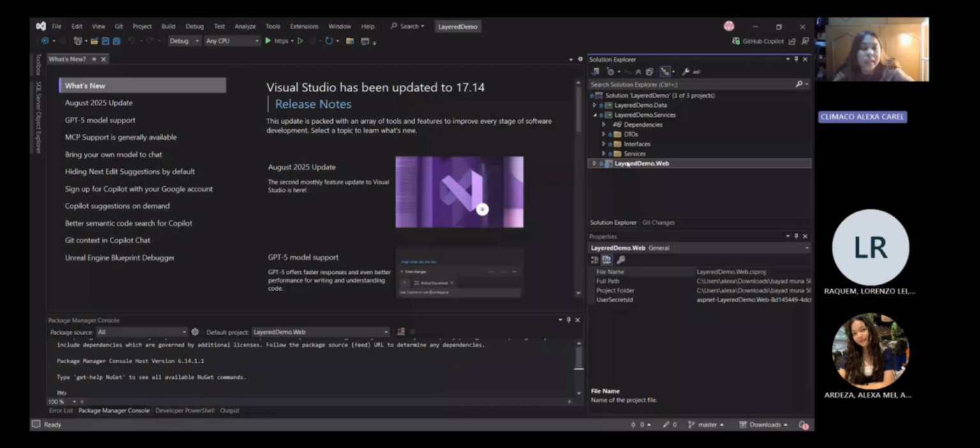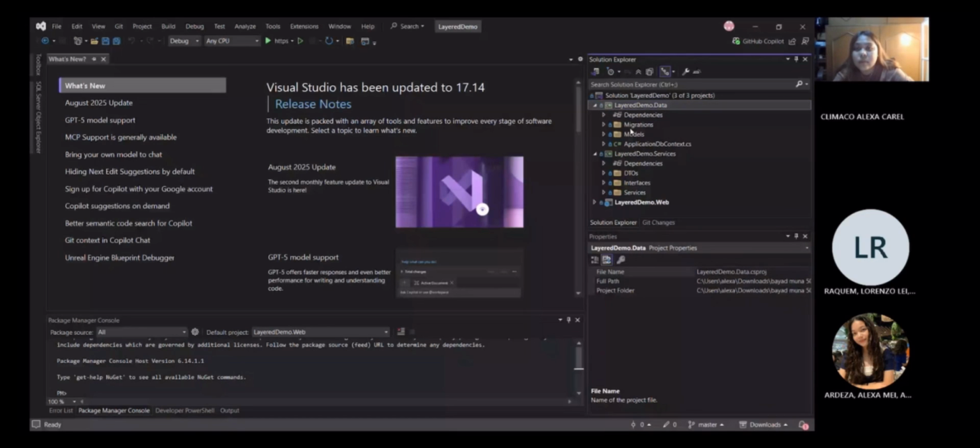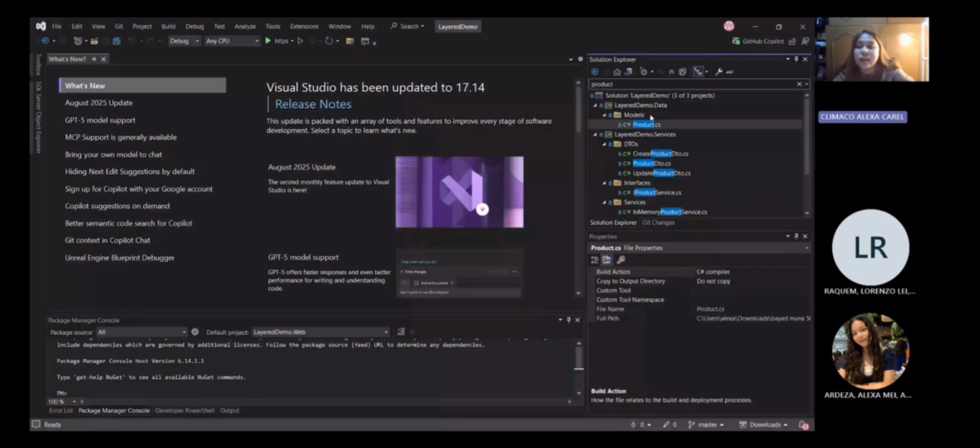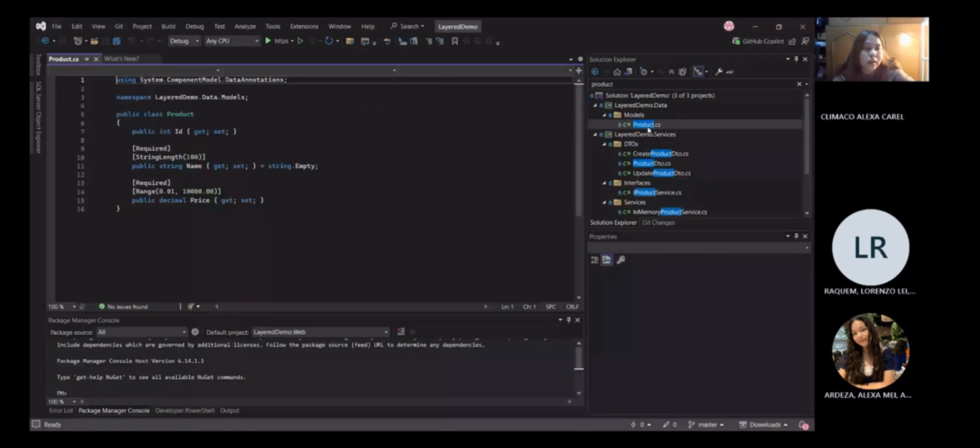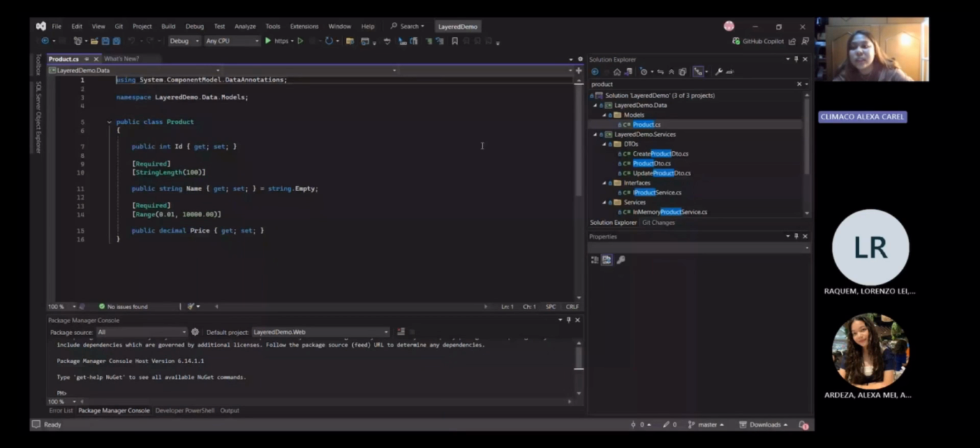So here inside the layered demo data, we can see our Product.cs. The Product.cs is inside the folder of the models.